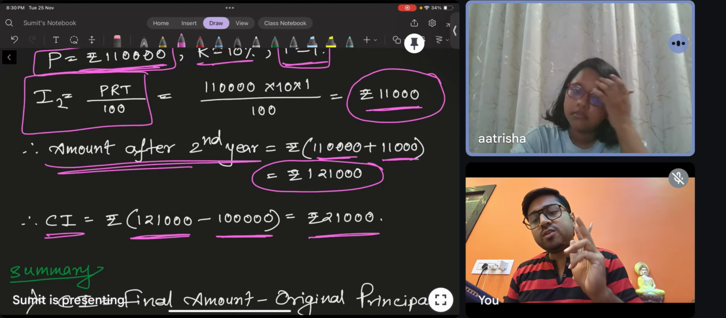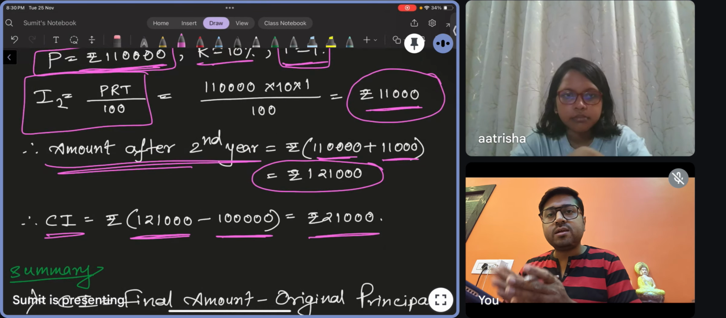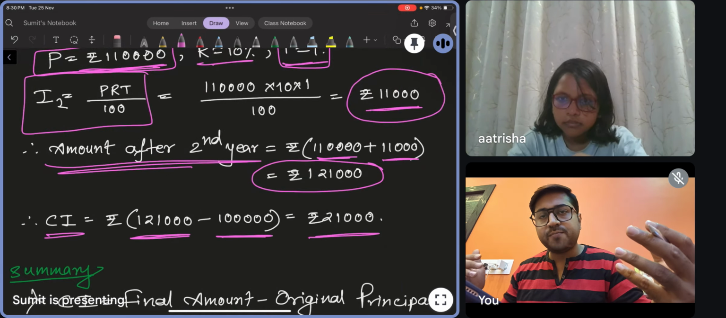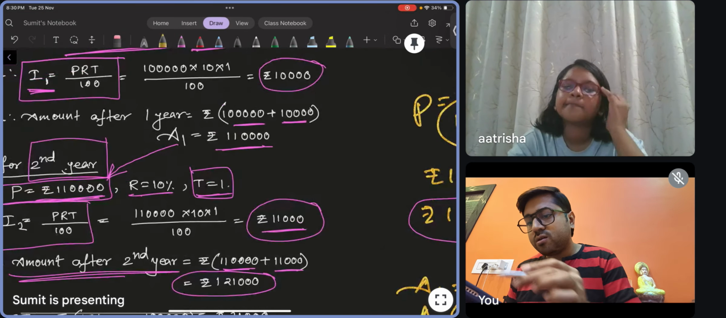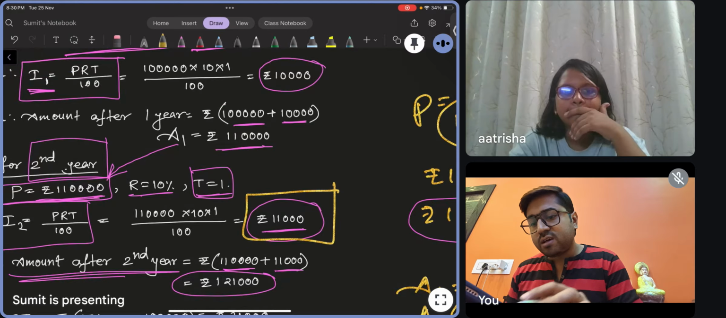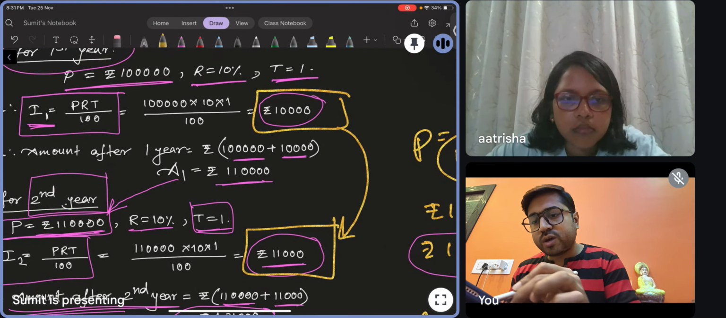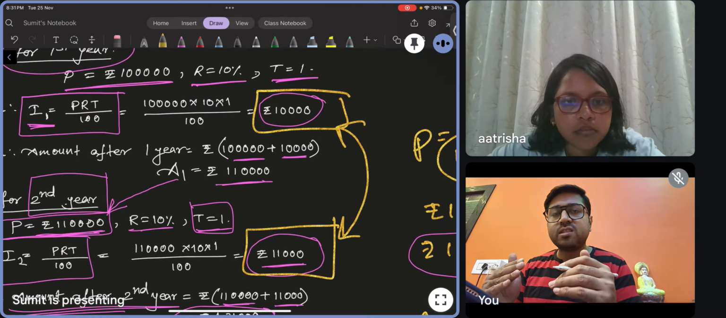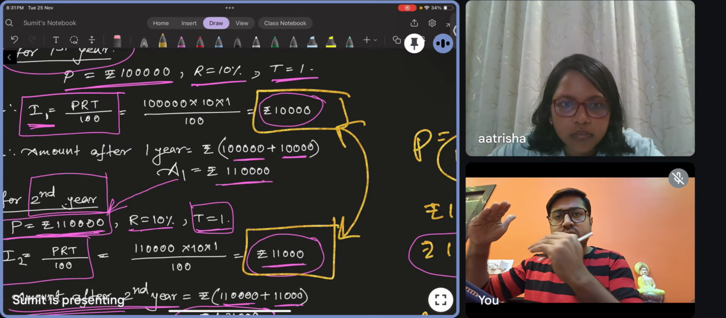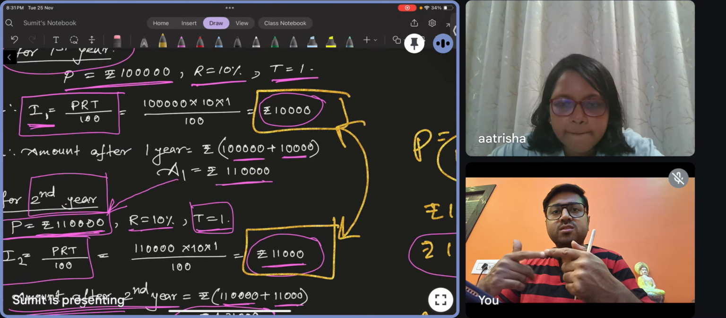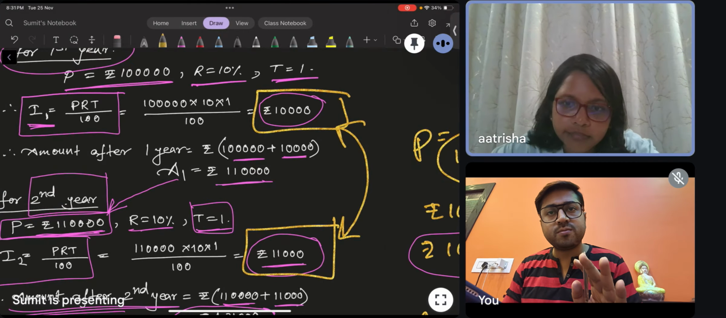Clear? In two ways we can find the compound interest. How? You can take the final amount minus the original principal. Otherwise, you can add the interest. This is the interest, and the previous one is 10,000. These two also you can add, all the interest that you have got in every year, to get the CI. যতগুলো ইন্টারেস্ট তুমি পেয়েছ সেগুলো অ্যাড করলে তুমি সিআইটা পাচ্ছ। ঠিক আছে, বুঝতে পারছো? ওকে,